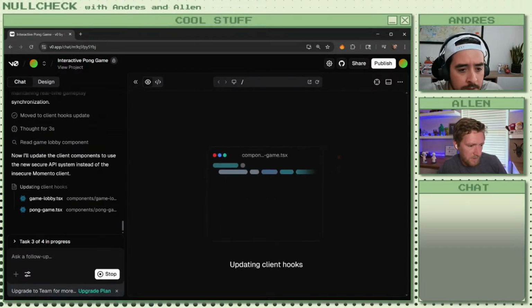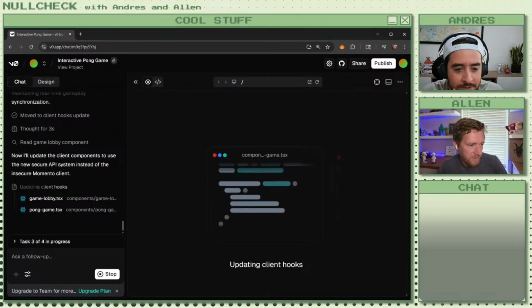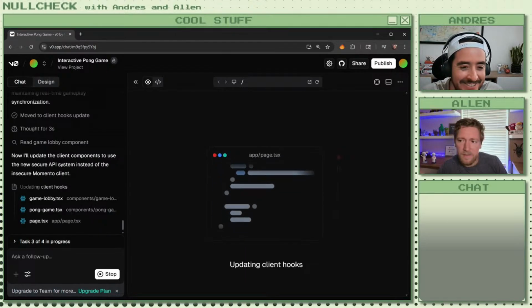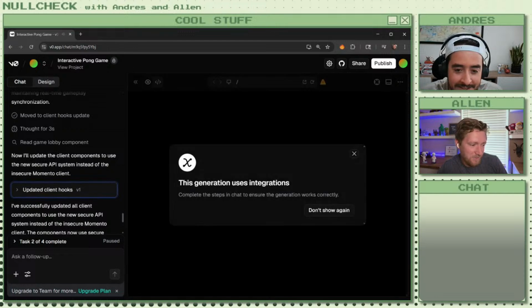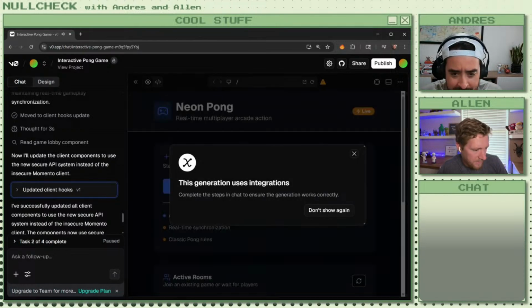Yeah. Just as we're, you know, lurking on this trail. New secure API system. Yeah, it's cute. Yeah, so rude. Okay, so